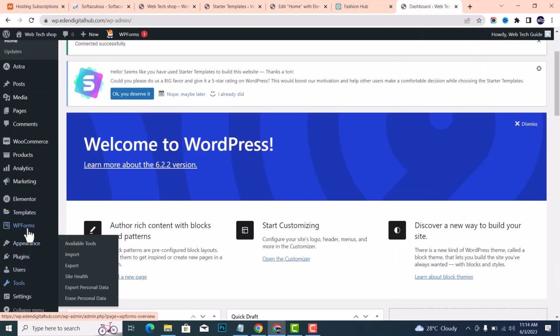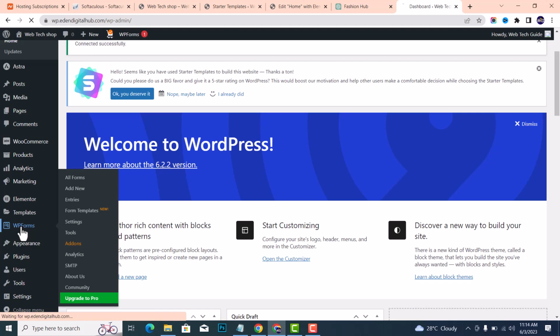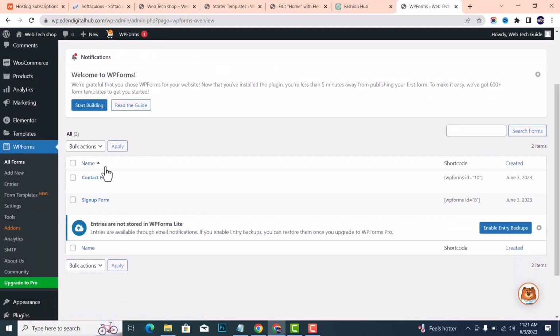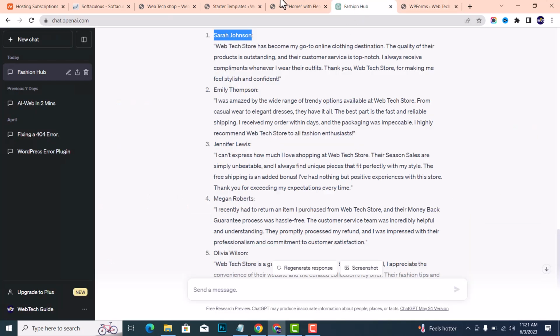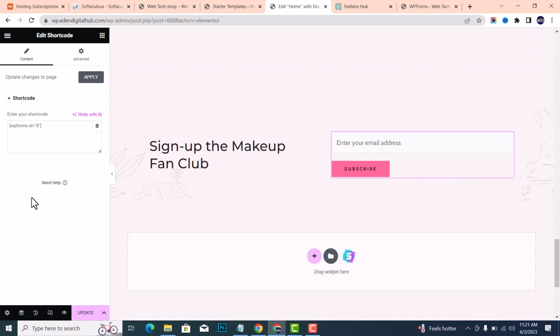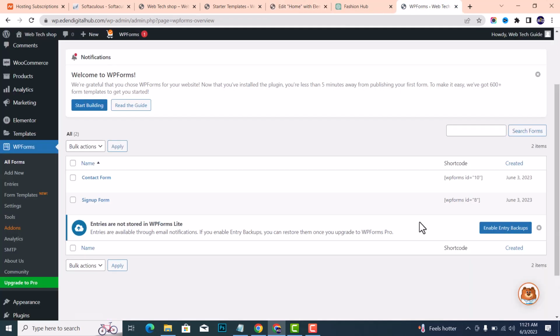So scroll and locate the WP Forms. When you get to this page, you can see two forms, the contact form and the sign up form. It should be the sign up form, but let me confirm. Yeah, once I click on it, you can see ID equals 8, and I will locate it here. So this is the form, and click on edit